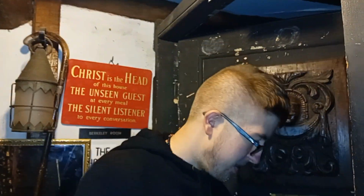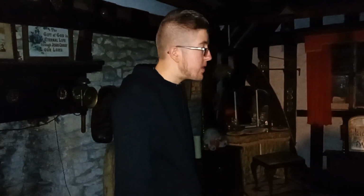Again, the most haunted room in the building would be the bishop's room, apparently. I had trouble opening this earlier, so I'll open it first time this time. This is apparently the most haunted room. This here is the bishop's room. Very, very nasty man, the bishop. Go and do your research on him. And this is also the famous room where